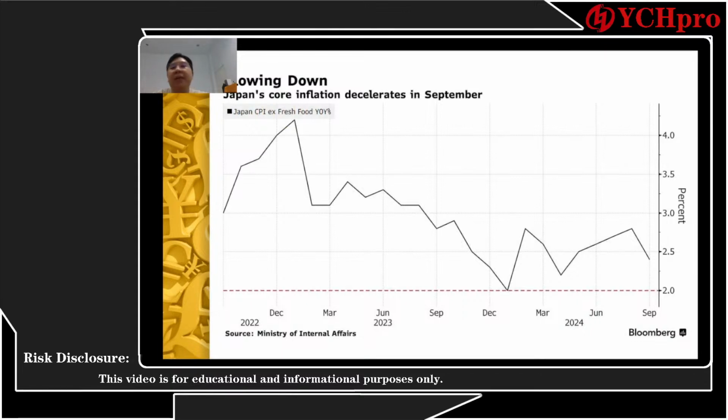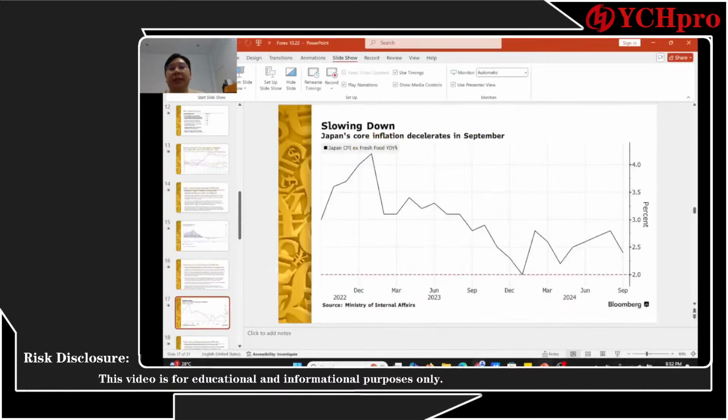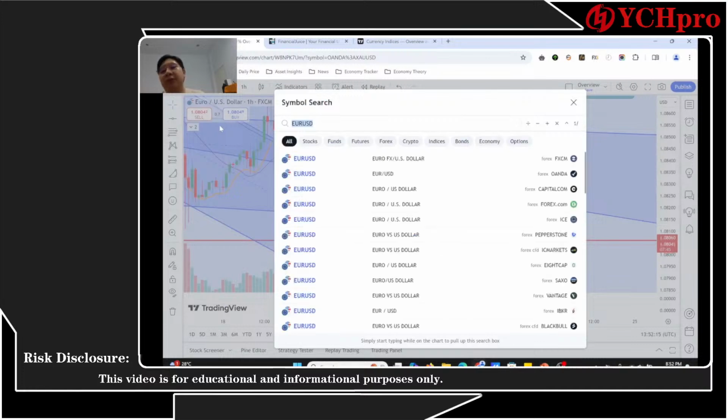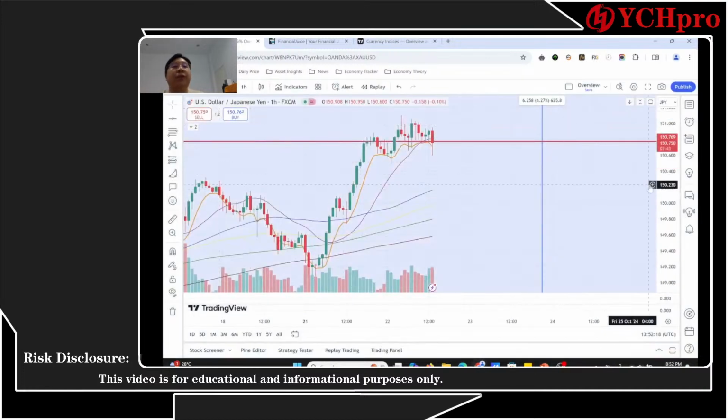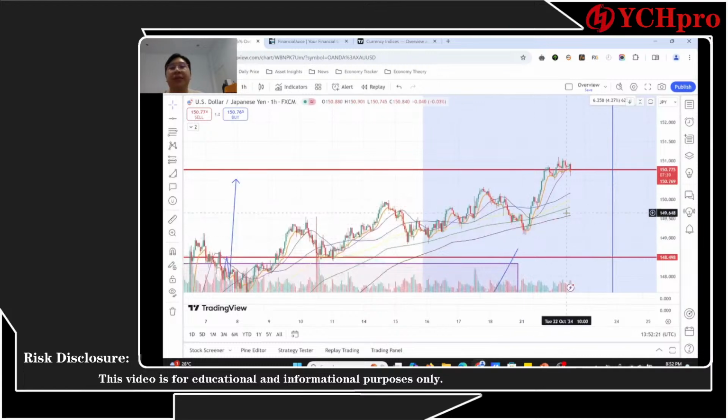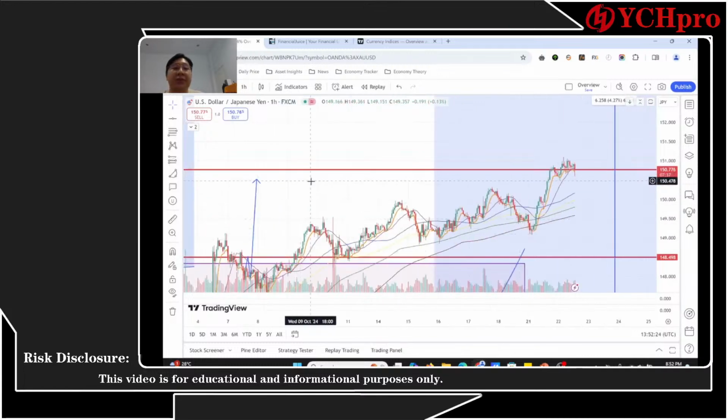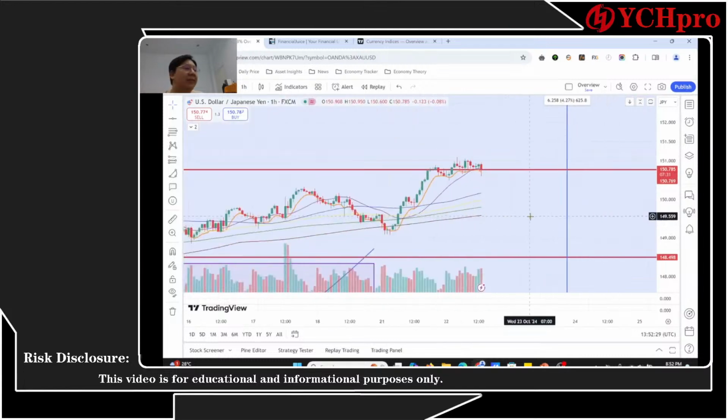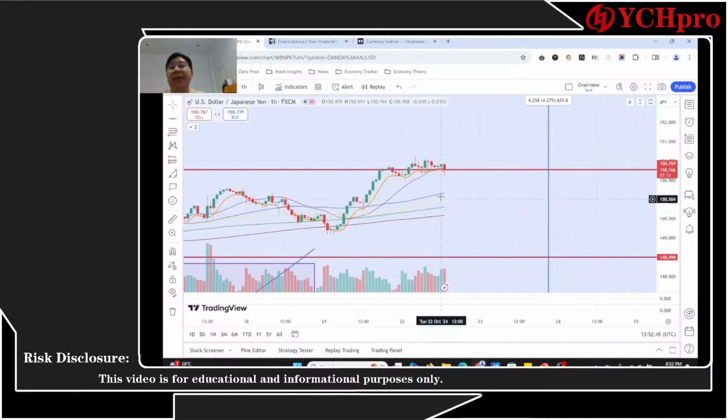Okay, so that means there's a potential with this news release last Friday. We are actually seeing the possibility that the US dollar Japanese yen could be even going higher and higher. As you guys could see, I already predicted that US dollar Japanese yen could reach around 150.4 yen per dollar, and it has been already happening since then. And I'm expecting this trend to continue, guys. I'm not seeing some surprises coming out of that. So I'm expecting good things coming up out of this, and actually I am seeing some good signs.